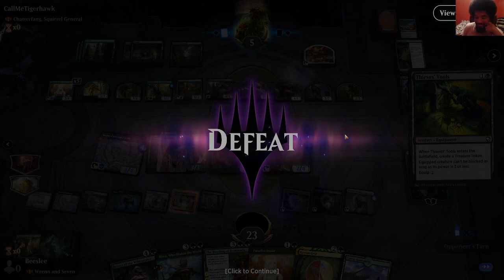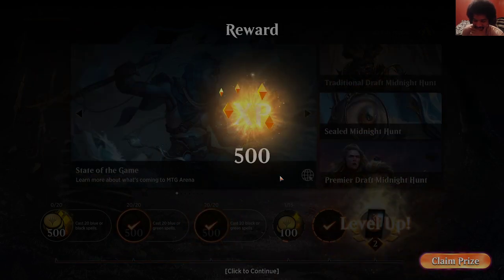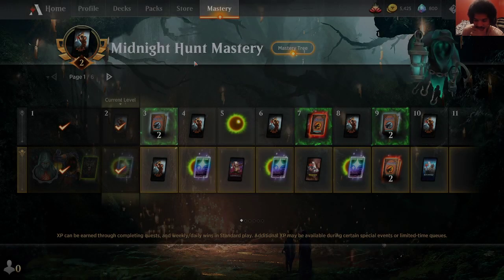Oh, that was a cool deck, though. That was really cool. I like that more than the green-white token thing I played against a second ago. Squirrels. You just play a bunch of token generators and you play squirrels. That's cool. Well,